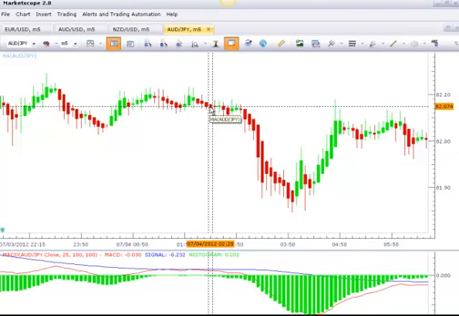You took this candle. The price, if you can see my cursor, where my cursor is, if you look all the way to the right of the chart, you can see that the price is 82.06. So over here at Newayfx,